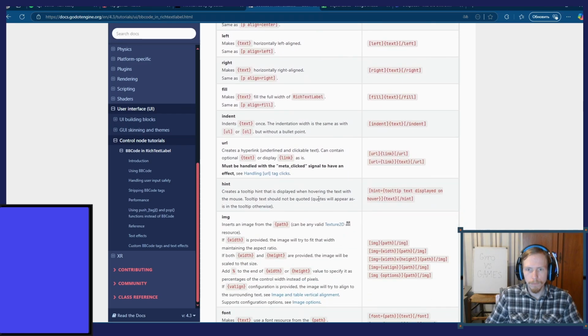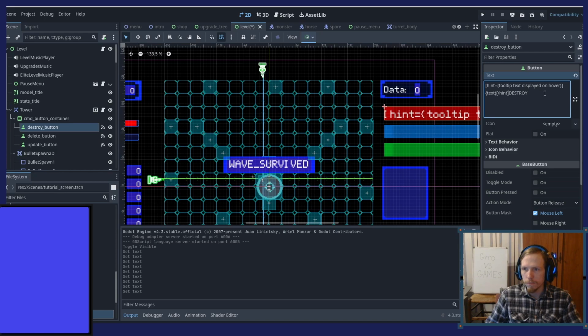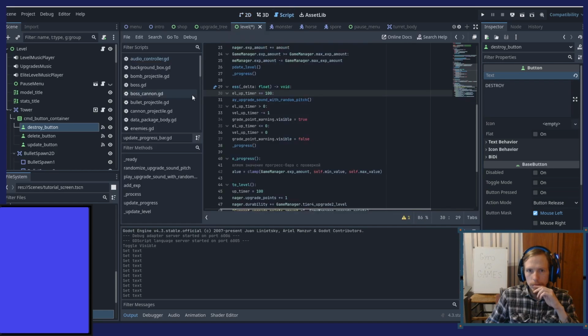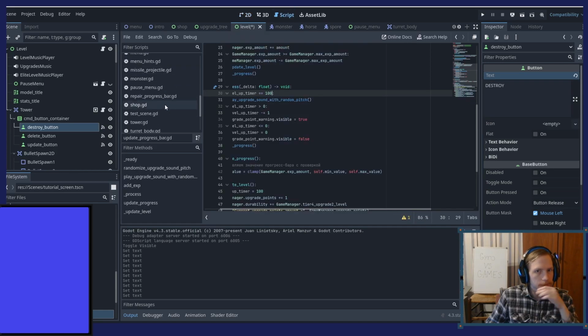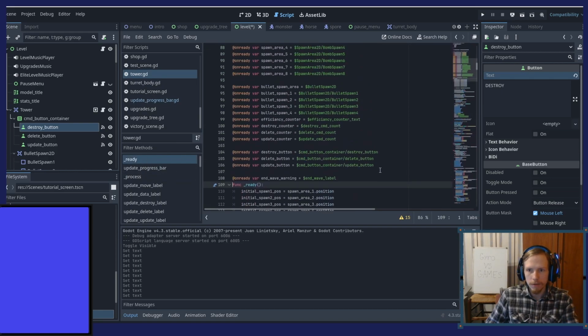I'm curious if I can make it work in Inspector. No. Then we're gonna do it.